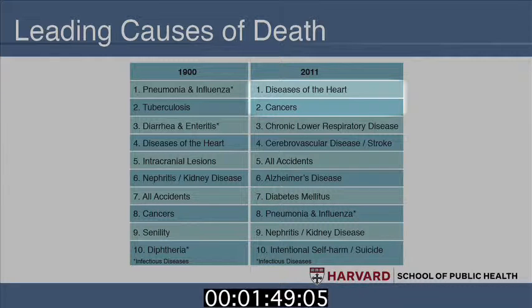So we've seen significant changes. We see, for example, diabetes is on the list now. That wasn't there in 1900. So there are changes that go on. And so, you know, we're never going to get to a place where people stop dying. People are always going to die of something. It's a question of what you're going to die from, but it's also a question of what can we do, in terms of what we know that is killing people, that reduces the likelihood of death and creates a better standard of living. We have longer life expectancy, but we also have longer periods in which people are living with significant and serious chronic diseases.